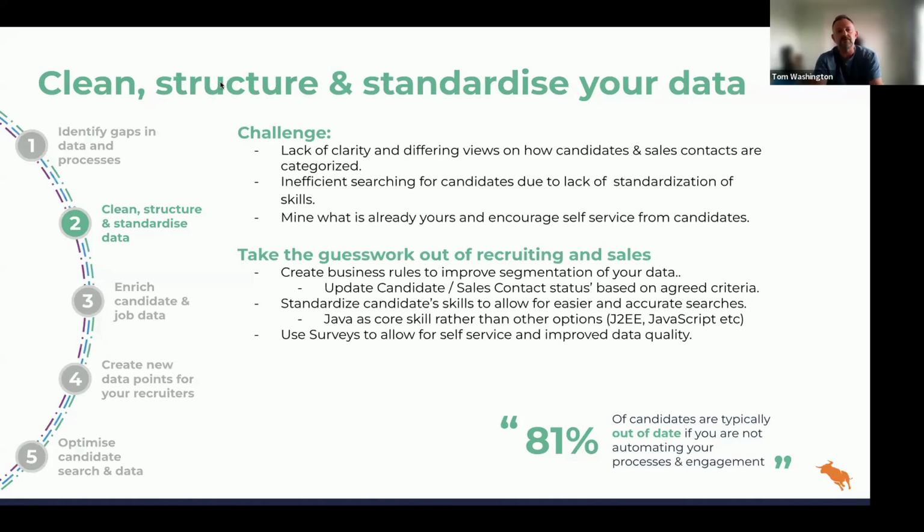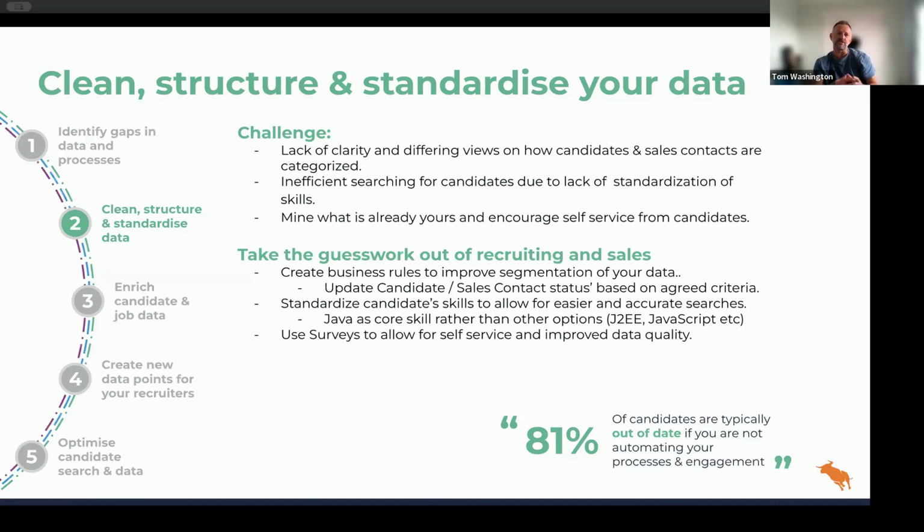So for example, if you think about segmenting that, you might look at a candidate who doesn't have a note or doesn't have a submission, or it might be a note and a submission. And that would effectively trigger their status to go from active to passive. And if you think about it from a sales contact point of view, this might be a sales contact that you made a placement with more than 12 months ago, but they haven't given you a job for less than 6 months. So again, you might want to use those triggers just to change the status. But this is an idea about creating business rules, deciding on those.